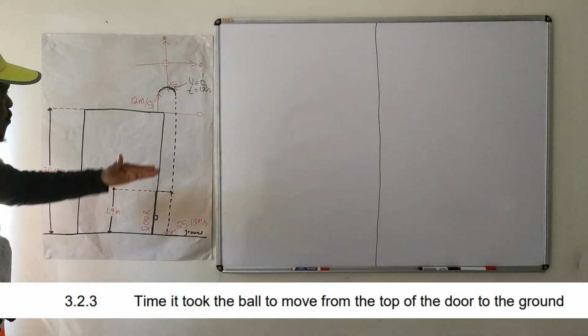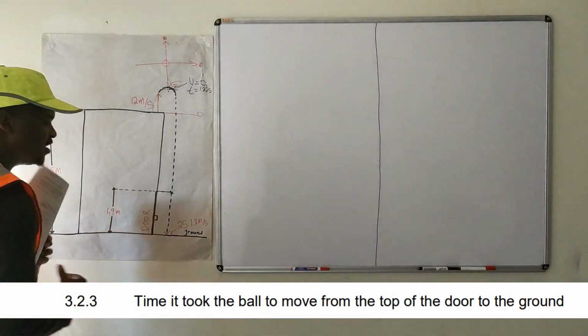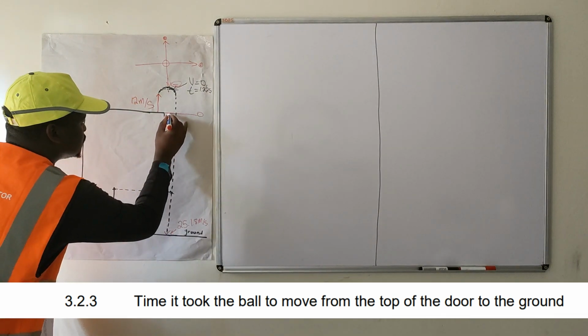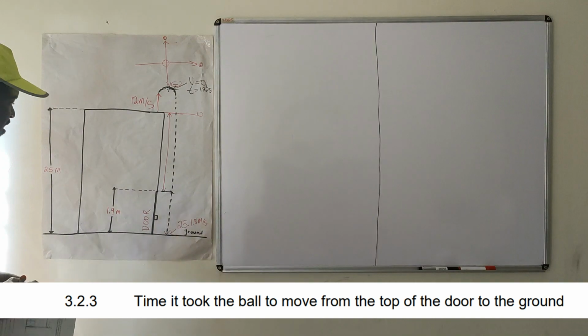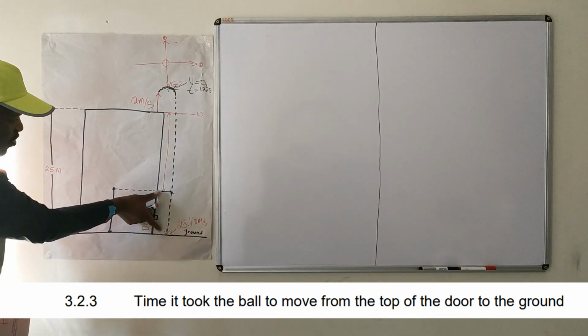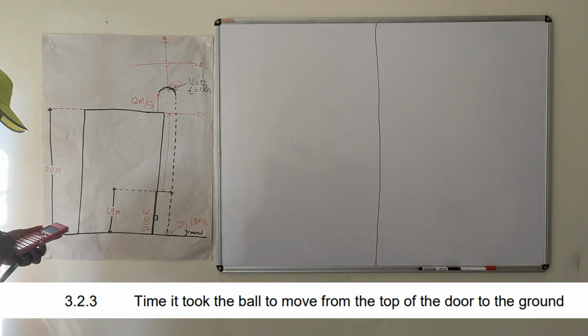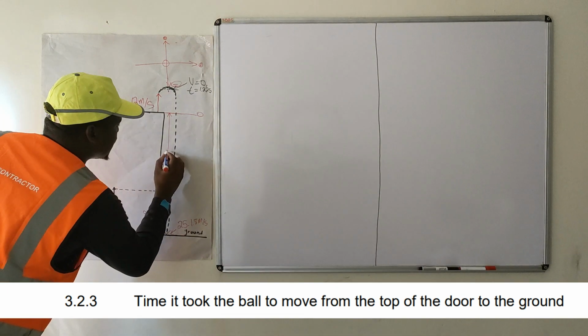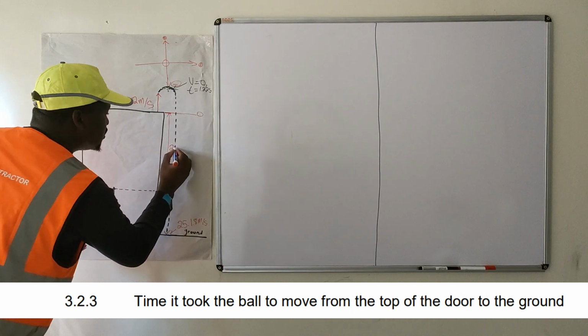Now, if you move from here to here, then your displacement will be this one here. How are you going to get that? You'll say, okay, from my 25 meters, I'll subtract the 1.9. That will give you the top of the door, how far the door is from our point of reference. So 25 meters minus 1.9, right? So it's 23.1. This displacement, from where the ball started to the top of the door, is 23.1